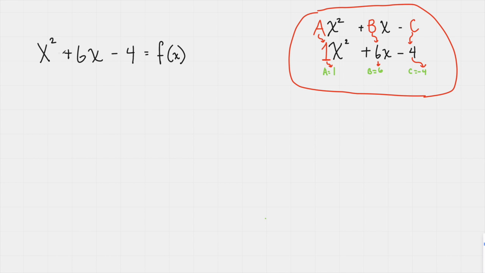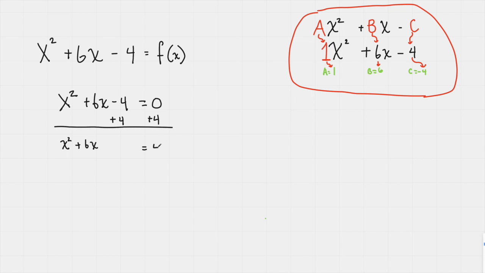So what I typically do here is set this equal to 0: x squared plus 6x minus 4 equal to 0. The first thing I always do is get that constant by itself. This way it will be easy for me to deal with that area alone instead of dealing with the constant as well. So I add the 4 to each side to keep the function balanced. Then I would have x squared plus 6x